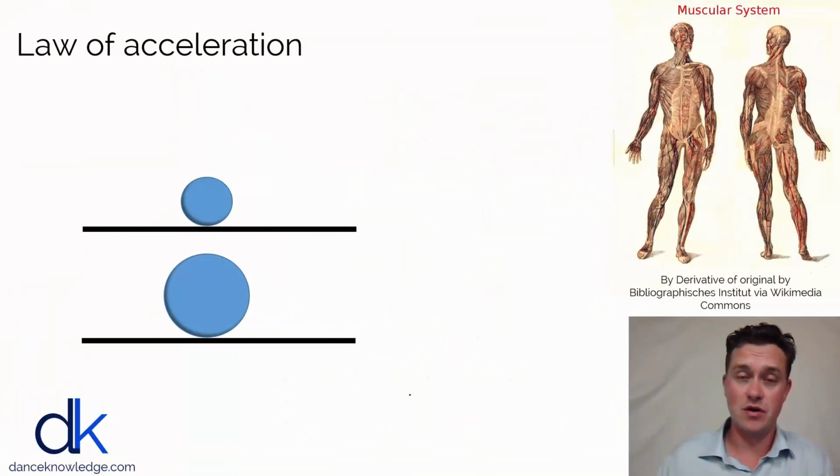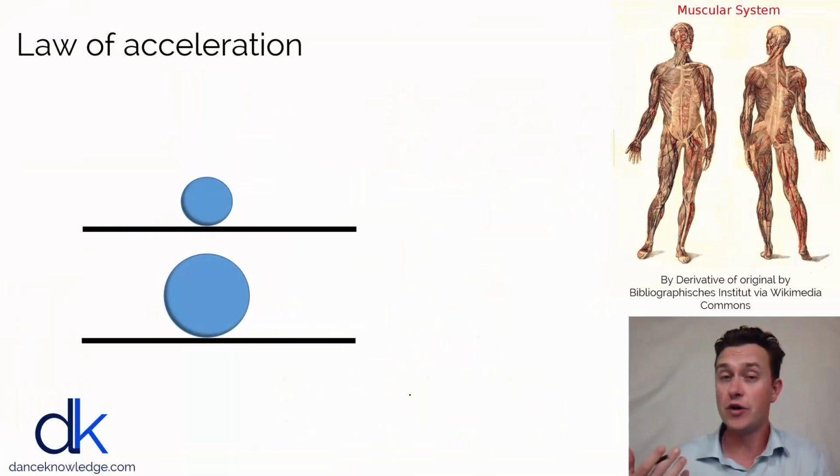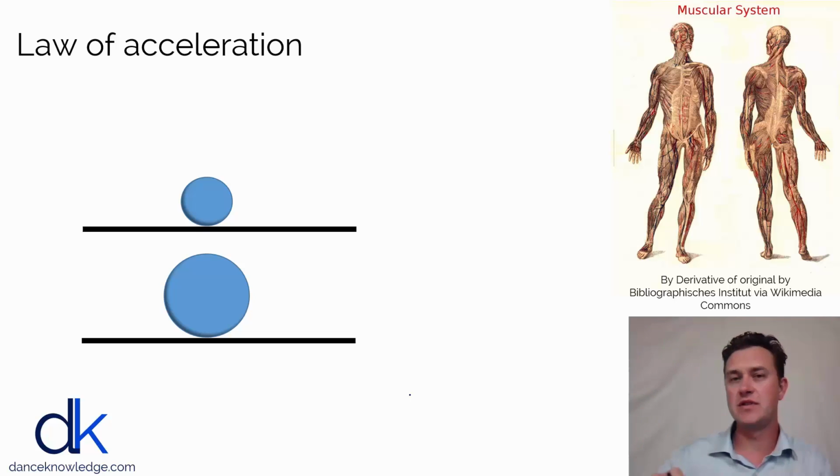According to the law of inertia, we need a force to either move a mass or to change the movement of a mass. But what happens if we change the size of the mass? How does a big object respond to force differently to a small object? Well, that is where the law of acceleration comes in, and it describes the way that masses of different size